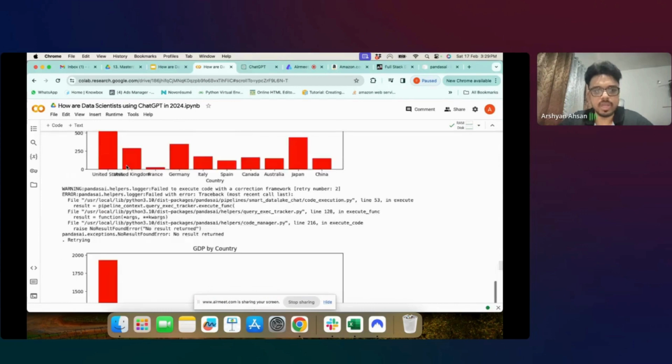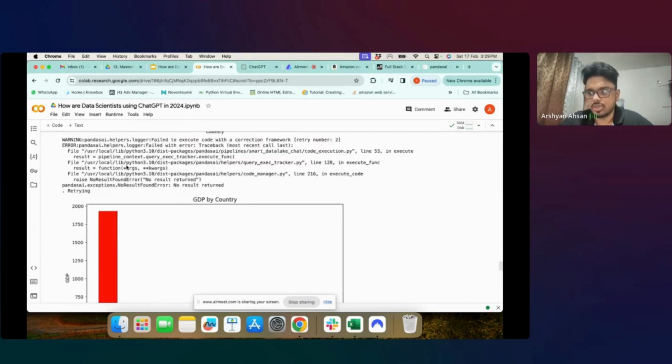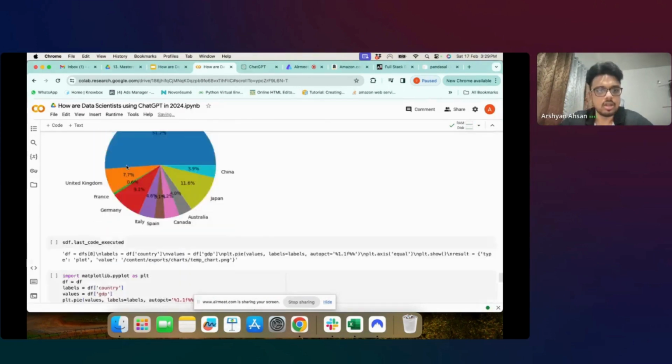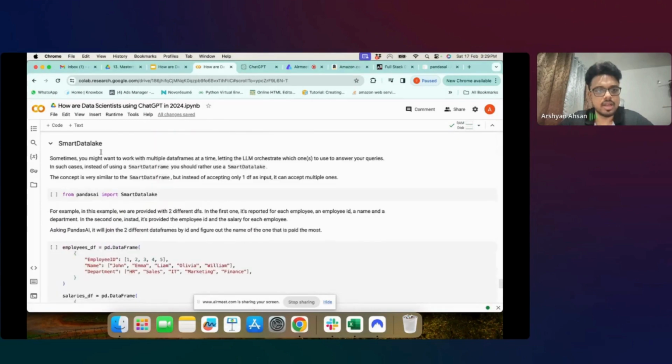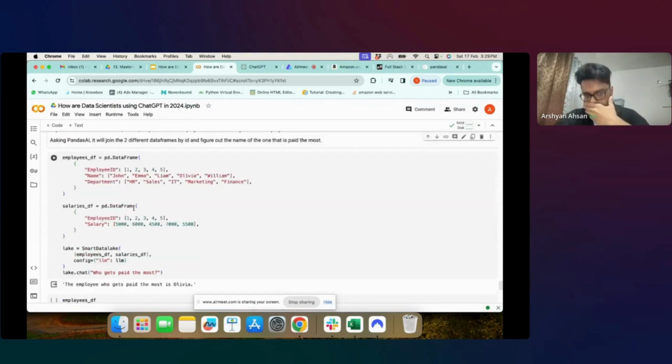तो मैं इसके बारे में थोड़ा ब्रीफली बता देता हूँ, सो दैट इफ यू गाइज आर यूजिंग इट, दैट विल हेल्प यू गाइज अलॉट. सो द अदर थिंग इज स्मार्ट डेटा लेक. स्मार्ट डेटा लेक क्या है कि अगर मुझे मल्टीपल डेटा सेट्स के अक्रॉस काम करना है, ठीक है, तो